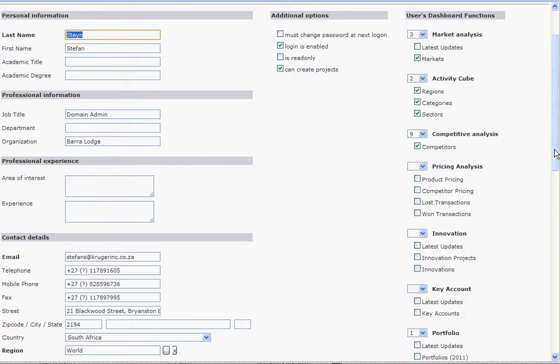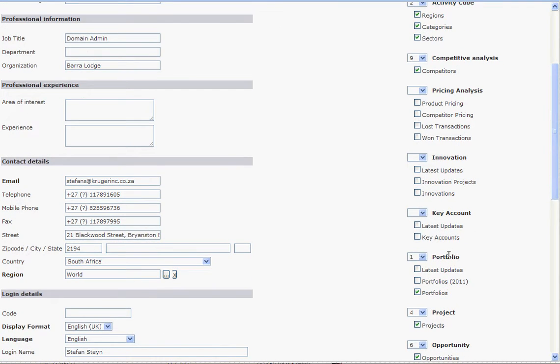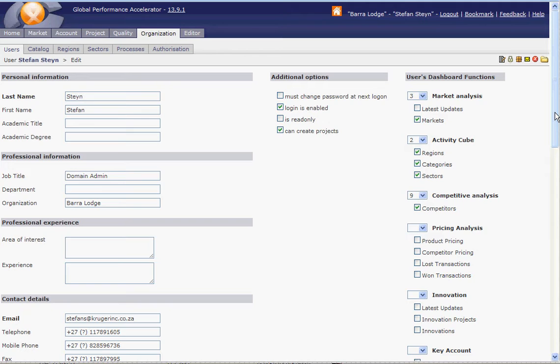For instance, the first process step is the portfolio, and it's activated here with number 1, and you can always change it or add to this. So this is actually, I think, how you start.